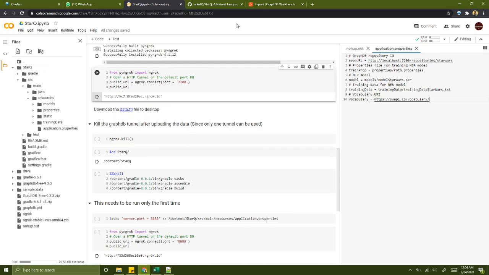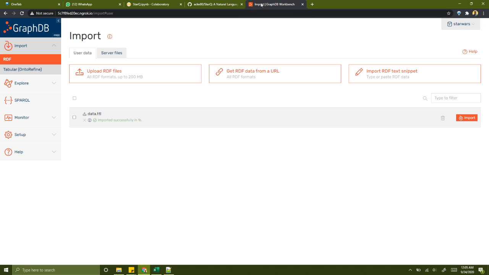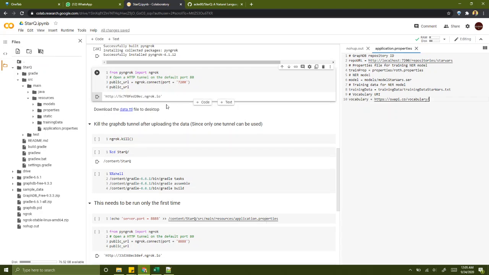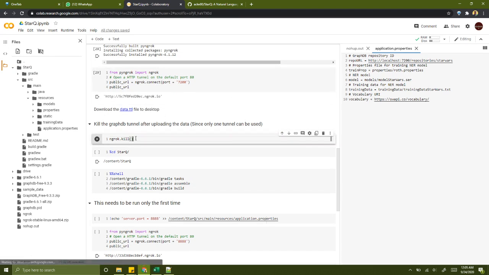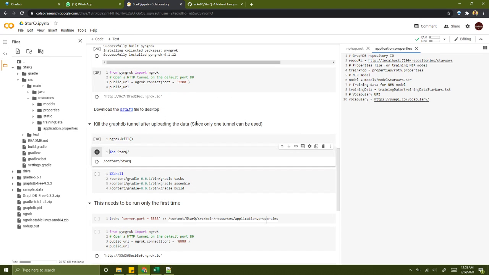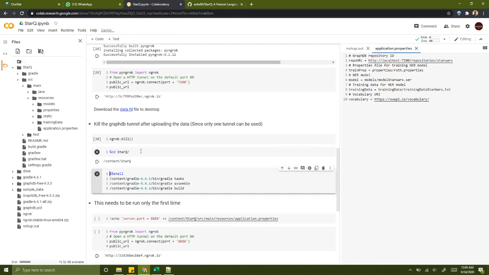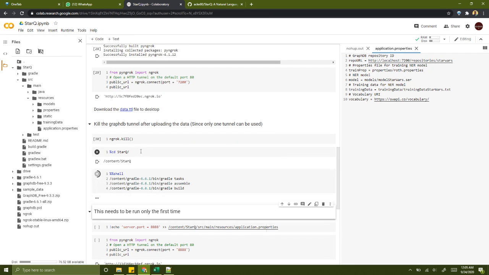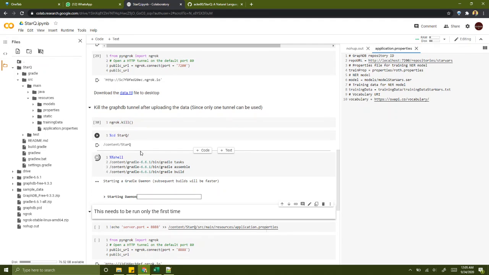So once you are done with that, close the GraphDB workbench using ngrok.kill because we are given only one tunnel for the free instance. Let's go to the StarQ and run the Gradle tasks.